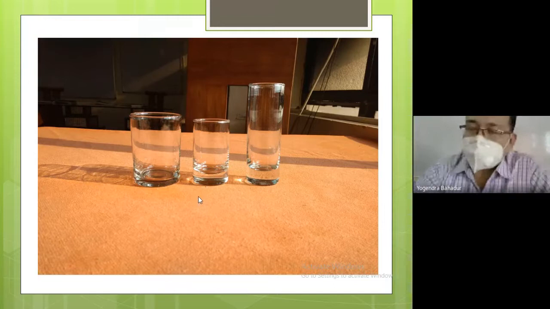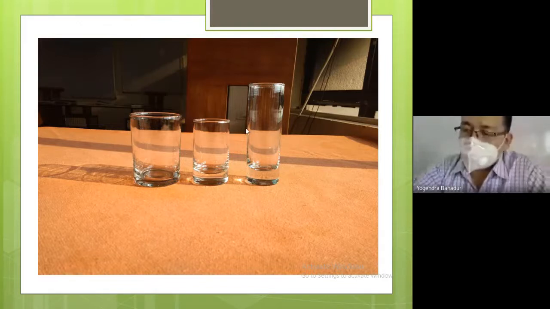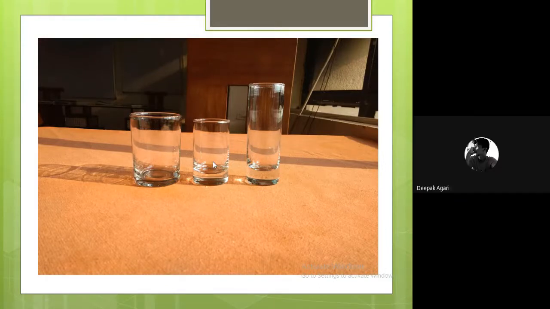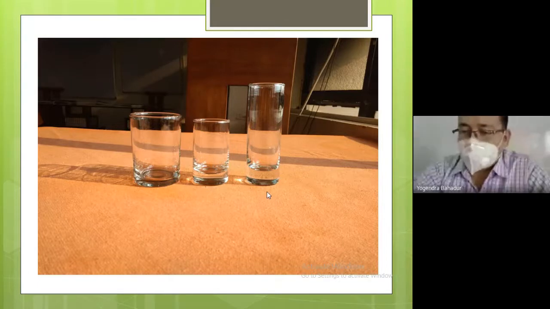So whenever the guest is going to ask you to serve the whiskey, and you have to repeat that whiskey. Repeat the whiskey means the guest has finished 1 peg of the whiskey, that is 30 ml, and now you want to repeat the order. You want to serve the same brand. So then the whiskey you will have to carry in this shot glass only. So in this shot glass, you are going to carry the middle one I'm talking about. So in this shot glass, you are going to carry the 30 ml whiskey, which is the standard measure, right?